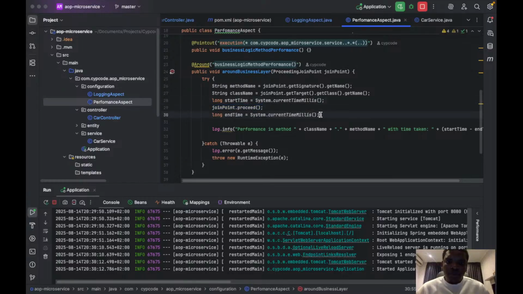And then we want to see the end time, which is the System.currentTimeMillis. And then basically we'll get this from the starting point of the method. Then we'll allow it to execute. And then we get the very end just before it completes